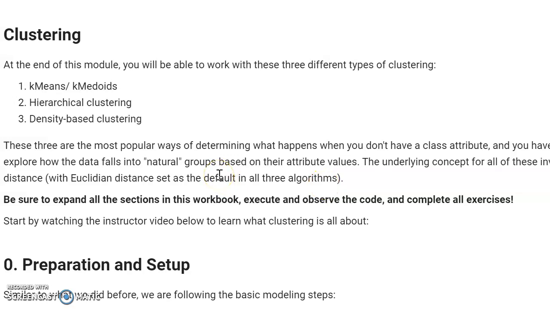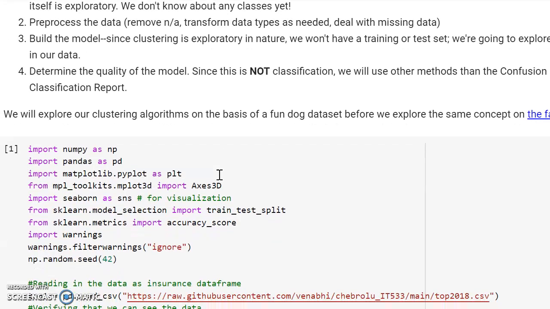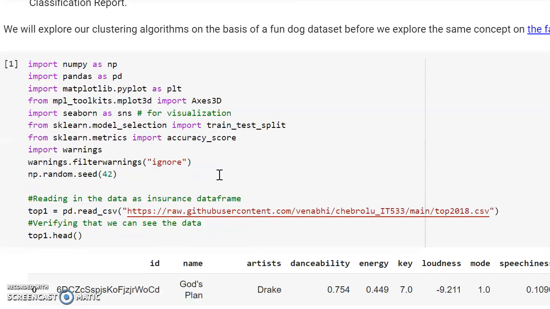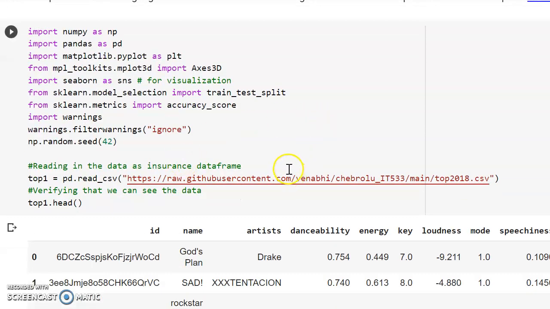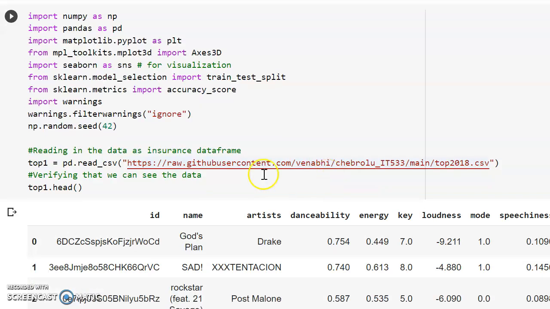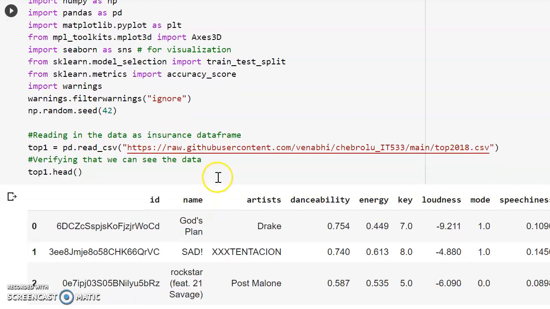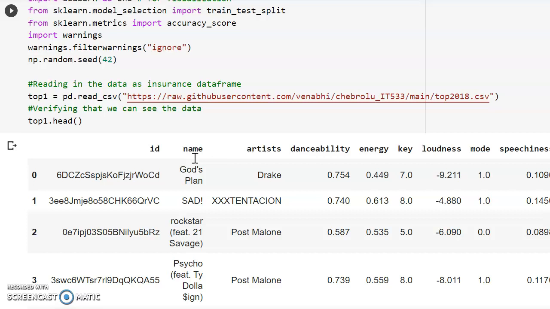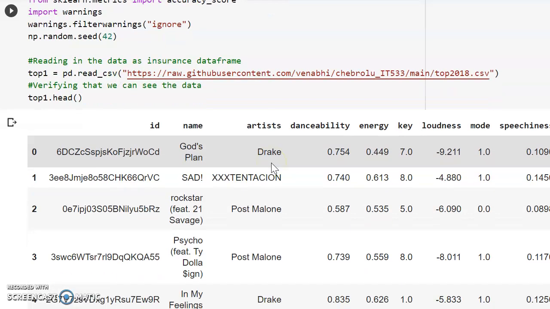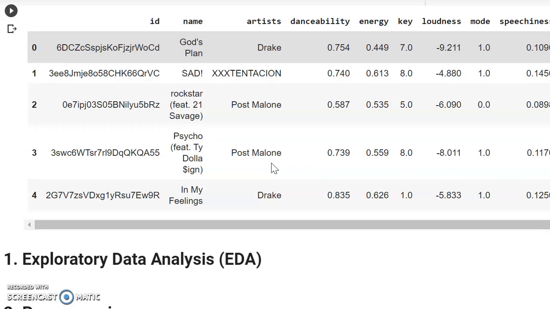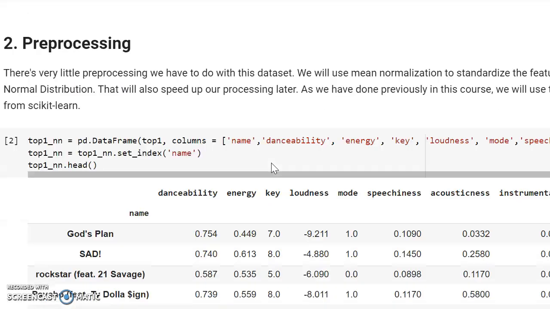So today I would like to explain the clustering of my data set. First of all, as usual, I have imported all my libraries, and I use my data set, which is a raw data set, my Top 2018 data set. As usual, we verify the data set, and after that,